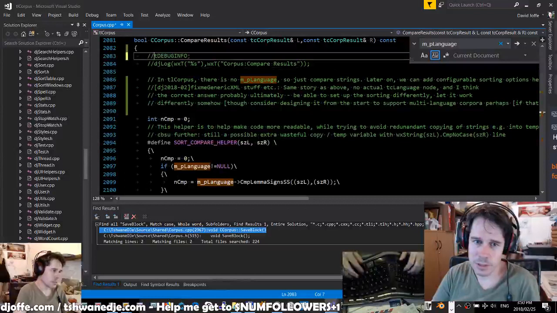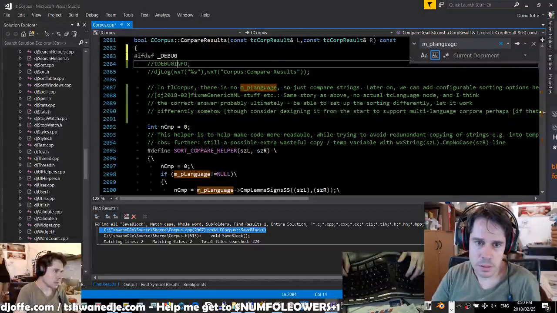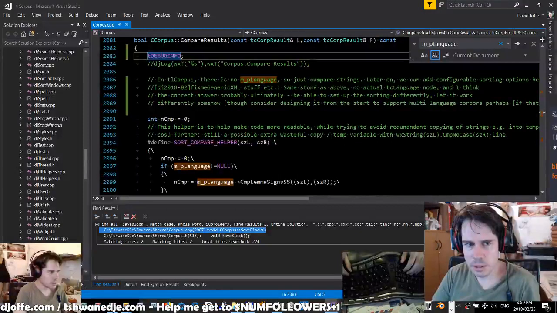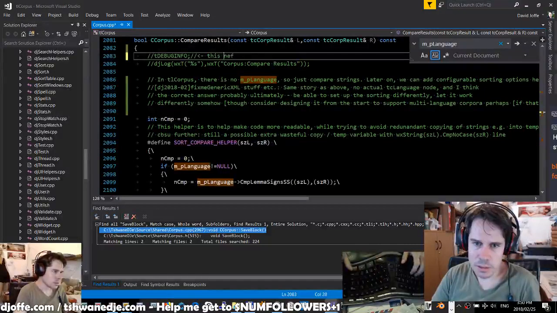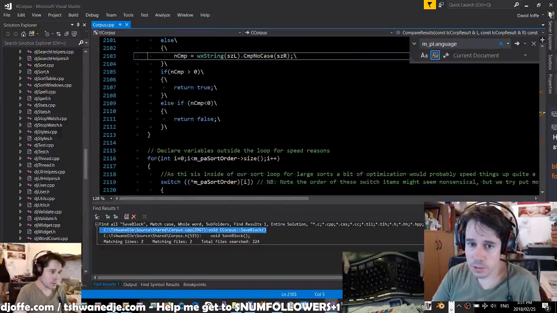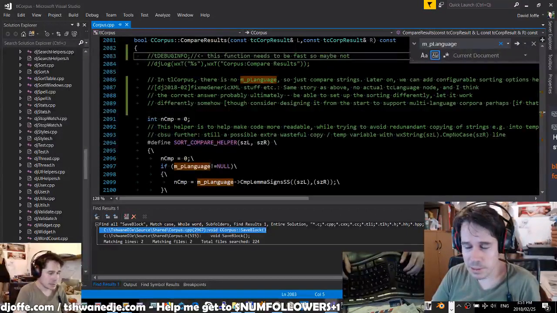I don't know if I want to have that in there. Maybe in debug mode. Gosh, even in debug mode we're going to hit the debugger. This needs to be fast. This one needs to be fast. Although it's currently a source of possible crashes because of this sort stuff. So maybe